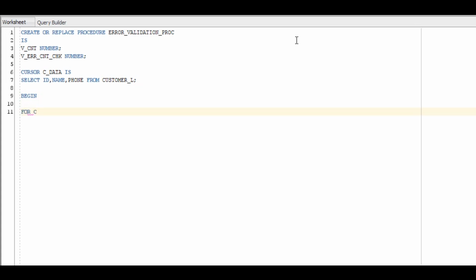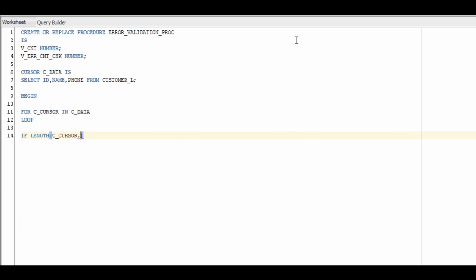So let's start with the executable section, which starts with begin. Here we are defining a for loop for a cursor. Please note that here we need not open and close the cursor, as we are defining it inside a for loop.